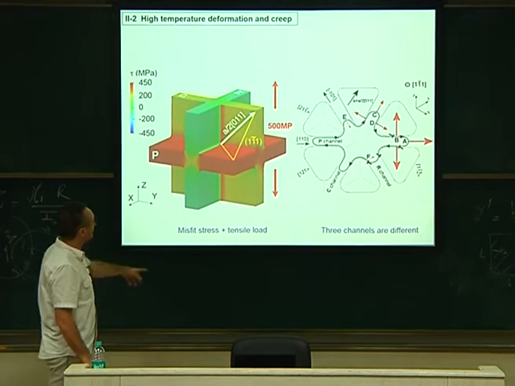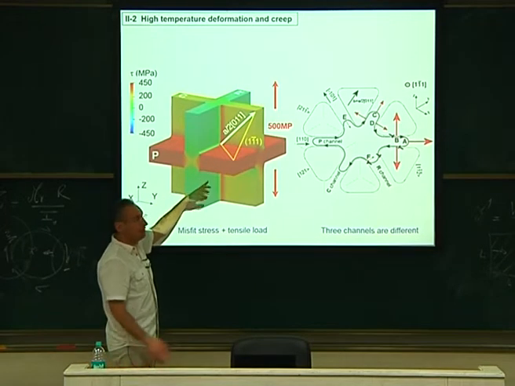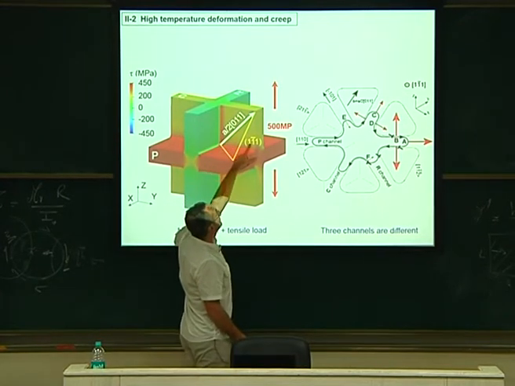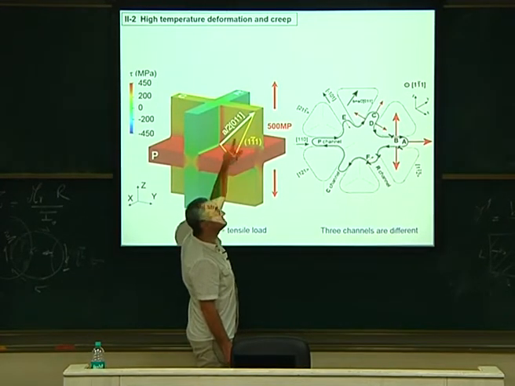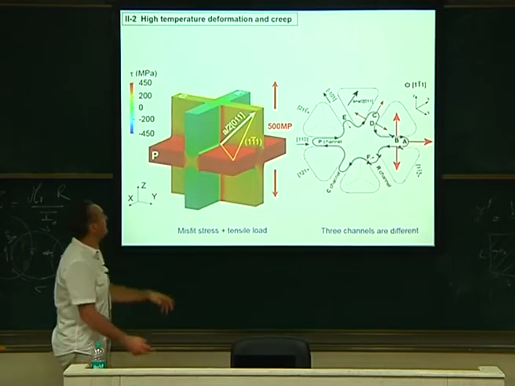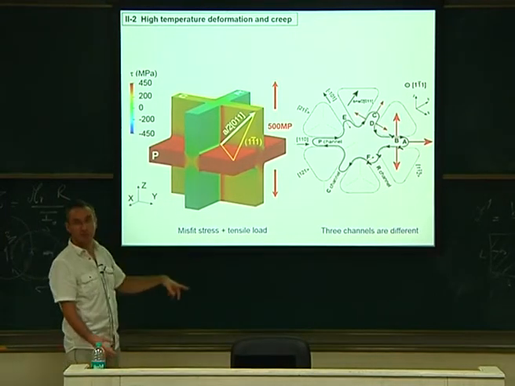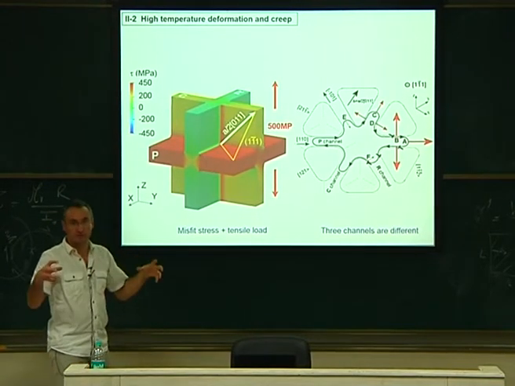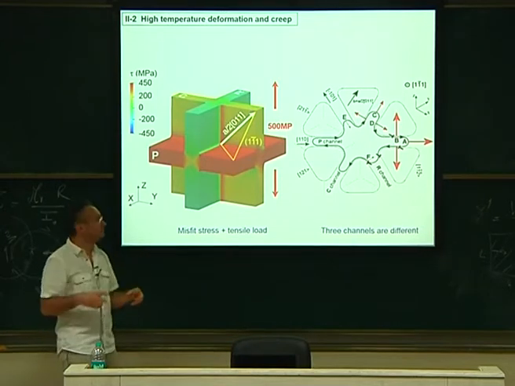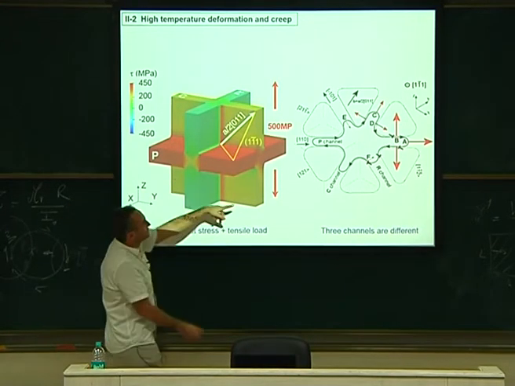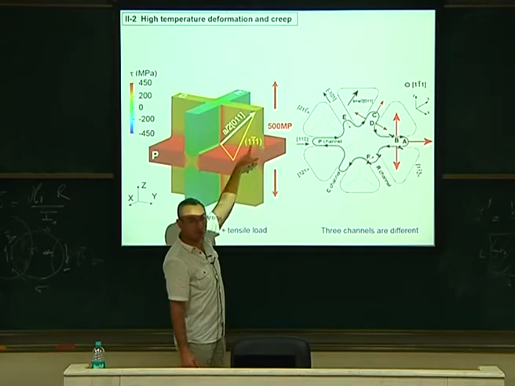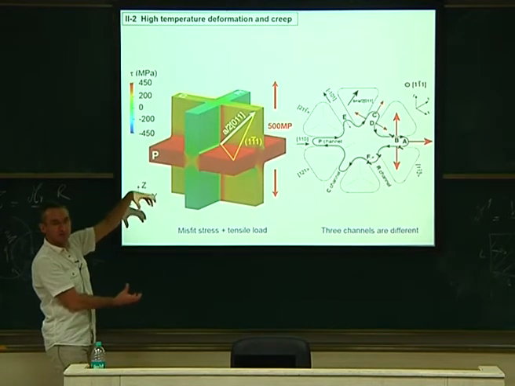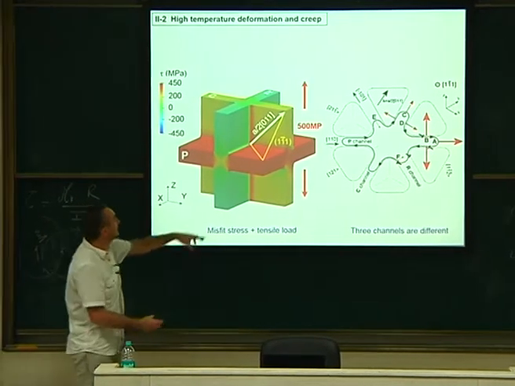And here I was looking at the shear stress on a given slip system. The slip system is this one. So this is the Burgers vector, and this is the plane. I'm computing the shear stress on that slip system in this gamma prime. When I have this misfit, the misfit that we computed in the previous lectures, due to the fact that the gamma prime is smaller than the gamma, so it's shrinking the matrix, plus the tensile test. So here I apply 500 megapascal on that. This is computed by finite element. We solve this using finite element coupled with the DD. And this gives this stress field.